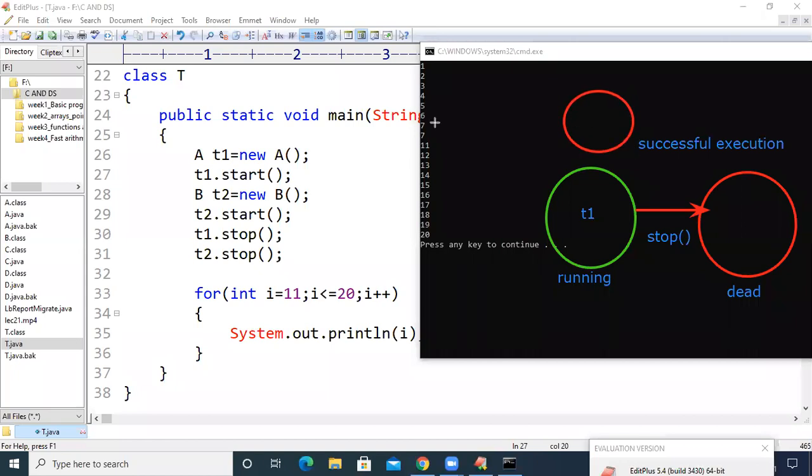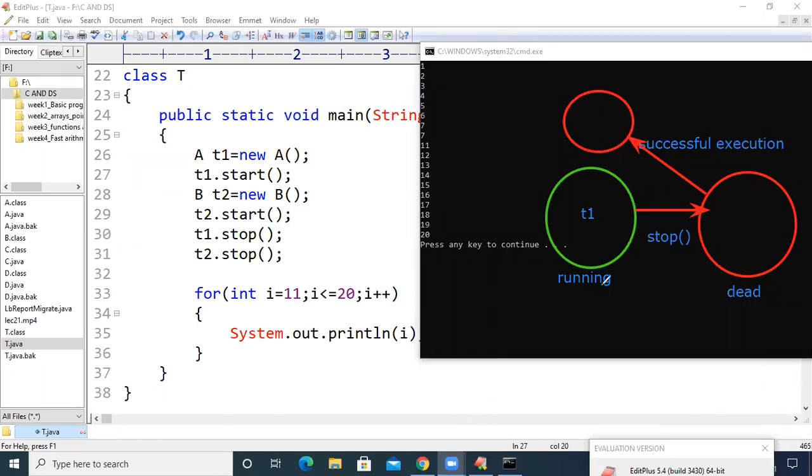After moving T1 into the waiting state, the main thread has been executed. When the main thread starts executing, we had called T1.stop and T2.stop. That's why both T1 and T2 are brought into the dead state.